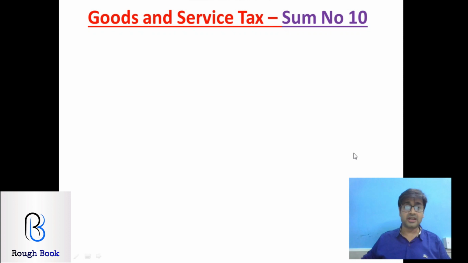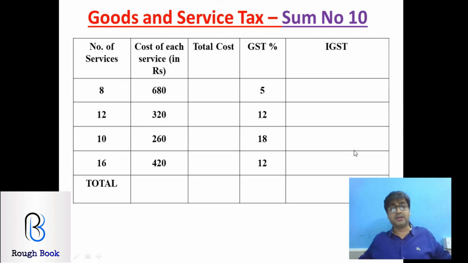So let us see whether we get the same answer or not. The table is right here. I have written IGST here, and the IGST rates are different. Since the rates are different, you'll have to calculate for each item. That's why the table is slightly different. First calculate the total cost, then calculate IGST for each, then add the total cost and the total IGST to get your final answer. Okay, come on, pause the video this time.